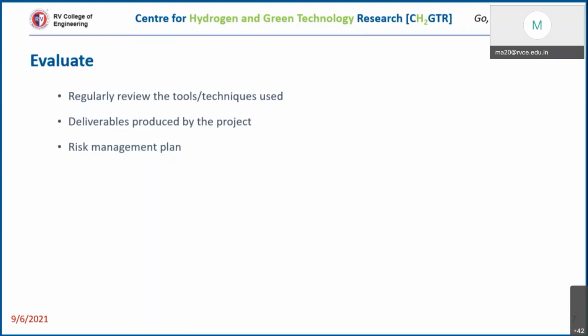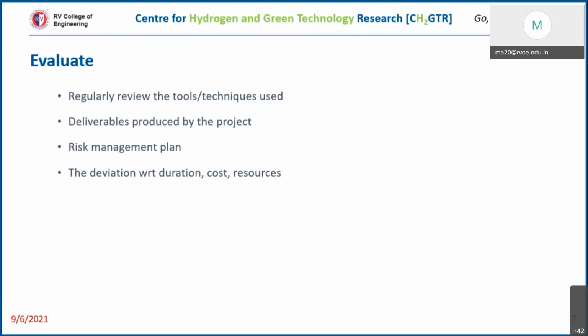Okay, and the entire learning is important. So what happened in the entire process of the project? What were the alternatives that you had planned, and what were the alternatives you ended up using, even though you did not have that in the plan? This learning is important. Based on that, you can define the risk, you can manage the risk in the next project. So that is what you do during the evaluation stage of a project. And the deviation with respect to duration, cost, resources, all those things should be clearly indicated. Okay, these are the key learnings from any project.